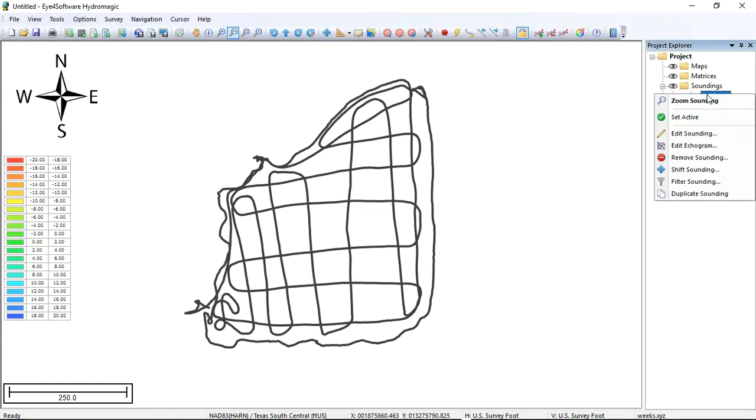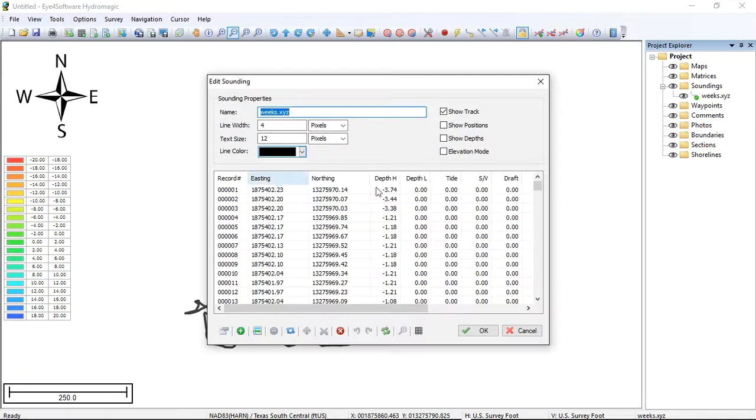So we right click on this weeks.xyz under the soundings folder, go to edit sounding, and you'll see a bunch of stuff that may or may not make sense. What you'll see over here is this record number. This is each individual piece of sounding data recorded. I'm going to click this and